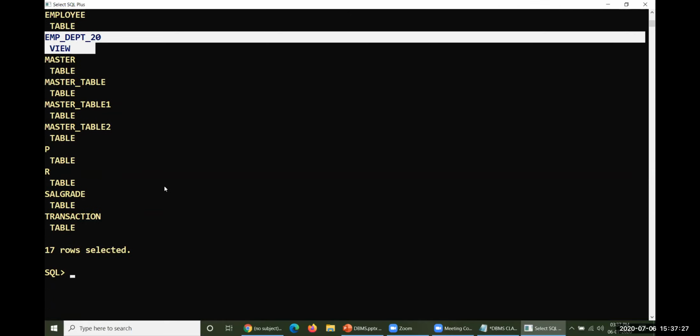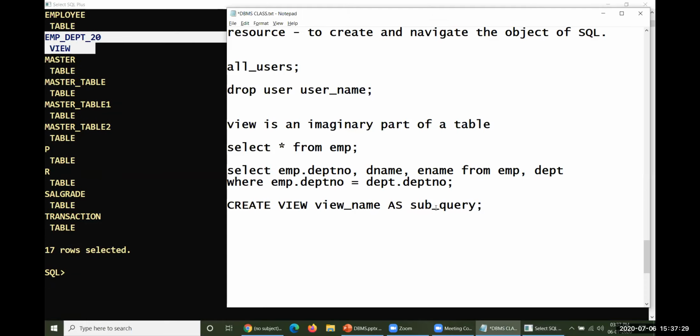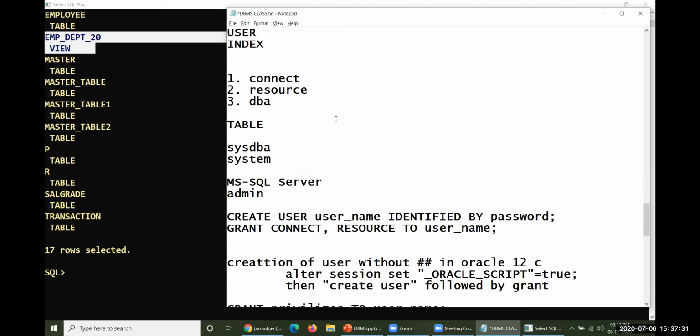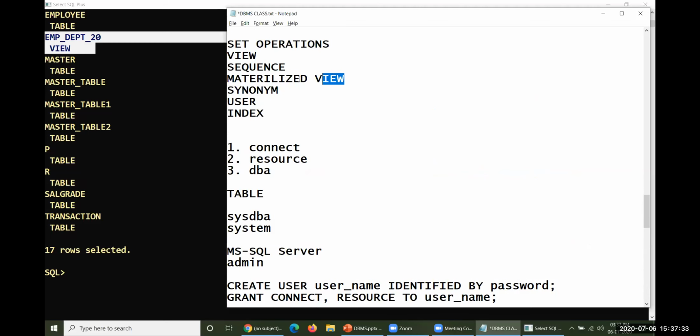Whereas there is one more kind of thing, that is the materialized view. It is also one kind of view. What is the difference between these two? A view is always updated based on the updates that happen in the base table; those updates will be reflected in the view.